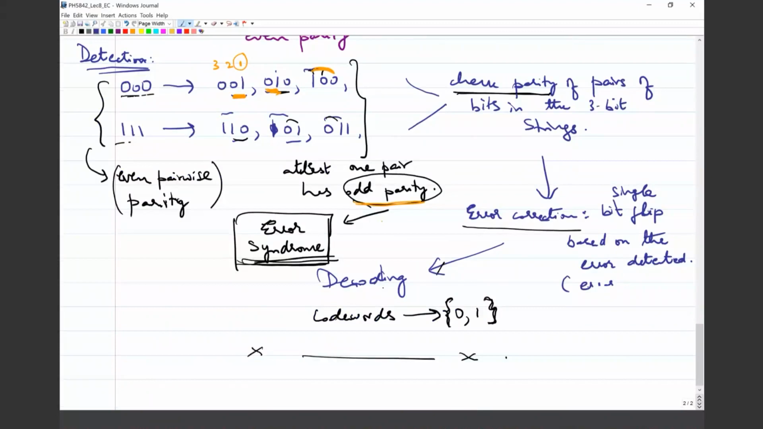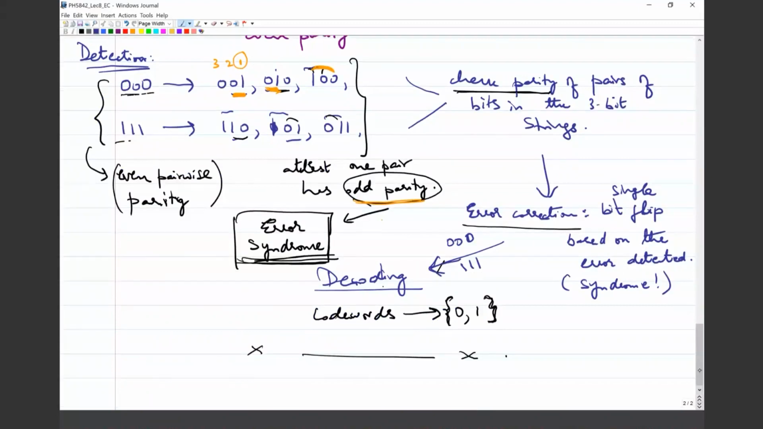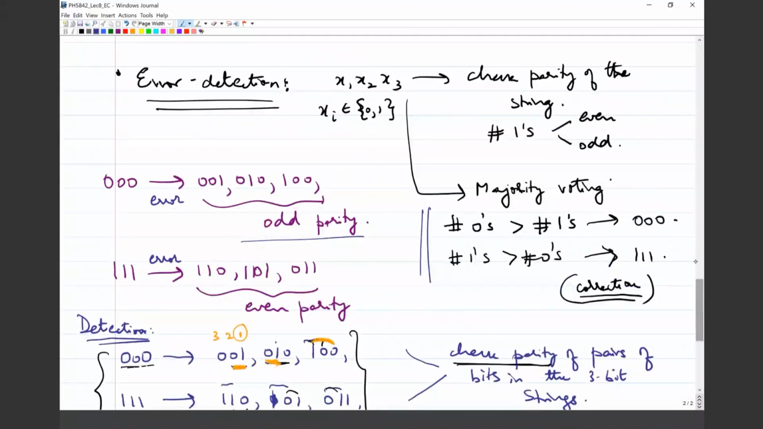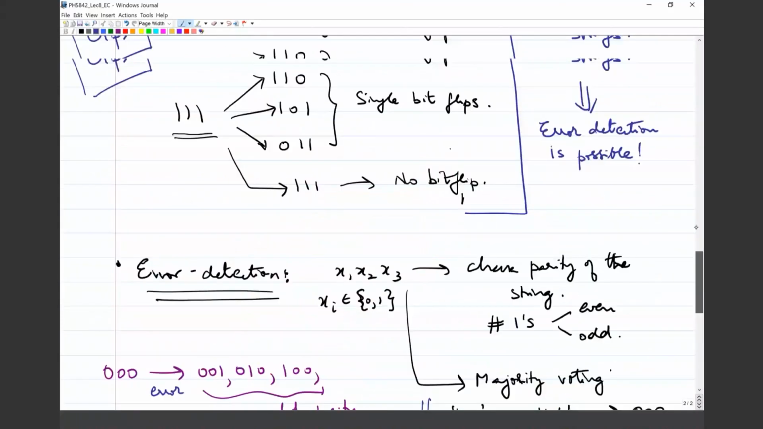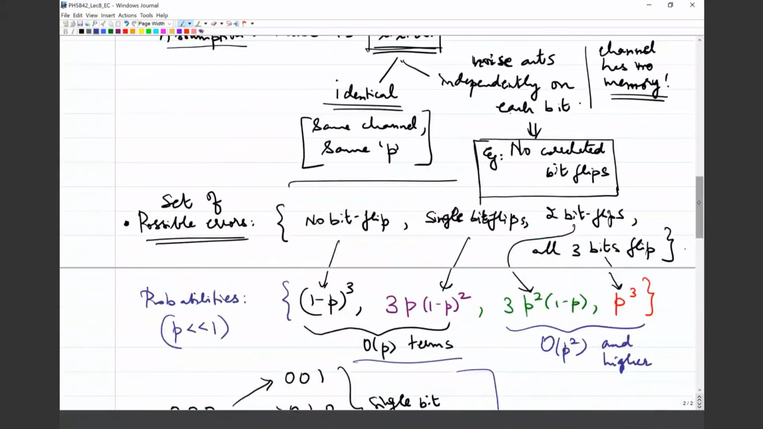And finally, the error correction step will lead you back to 000 or 111, and these have to get mapped back to 0 and 1, and that's your decoding process. It's literally the inverse map of the encoding. These are the key steps of any error correction process, whether classical or quantum. I wanted to show you what happens in the classical case because a lot of this analysis follows through in the quantum case. Now, what about these order p squared